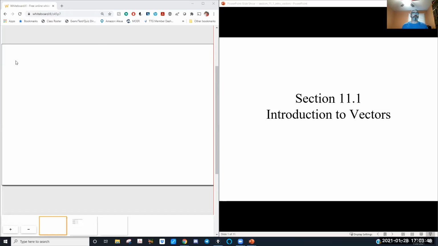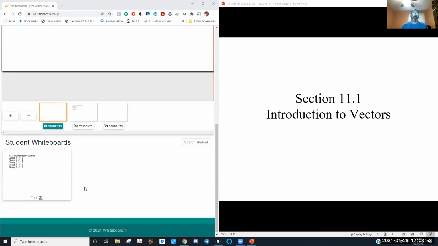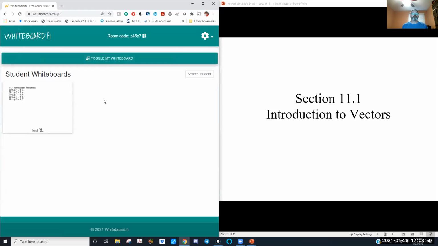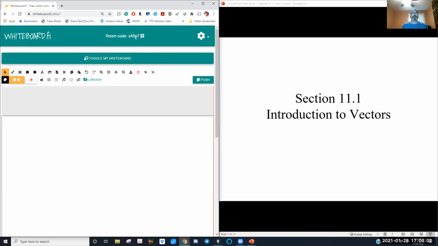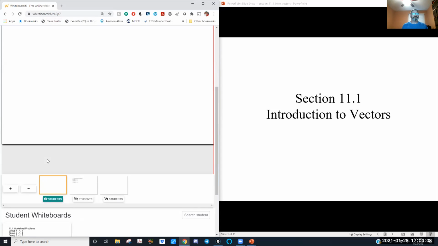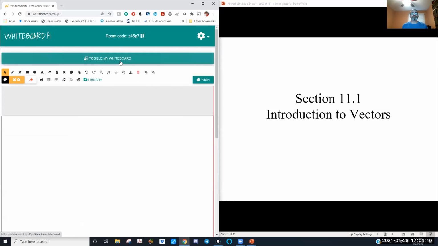You can see here I've got a whiteboard on the left-hand side in case I need to write anything. I use whiteboard.fi, and that's because I can give you a link to it. Here's a link to the whiteboard that I'll be using. That way, when you guys are in breakout rooms, if I do have any notes on the whiteboard, you will still have access to them. It's not a bad little tool.